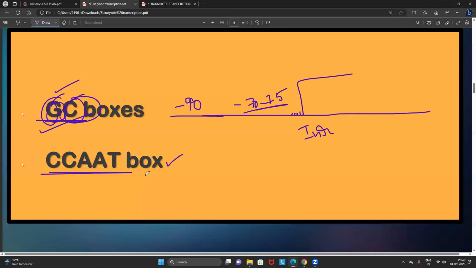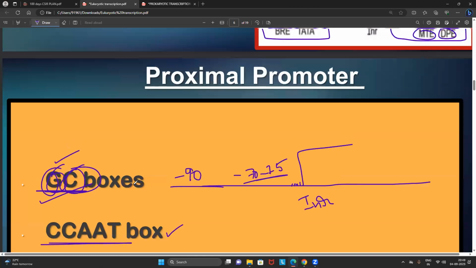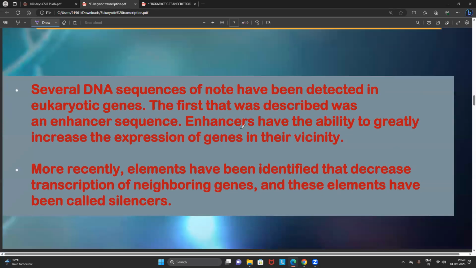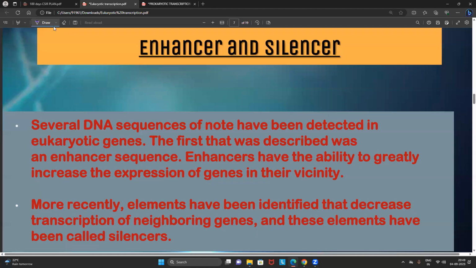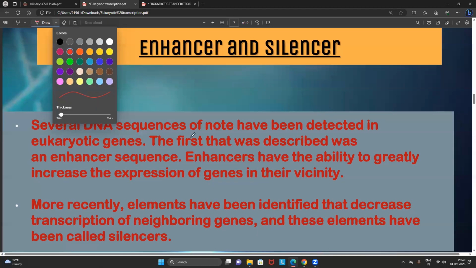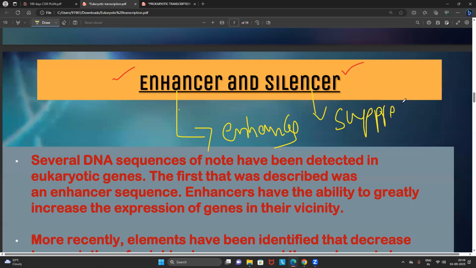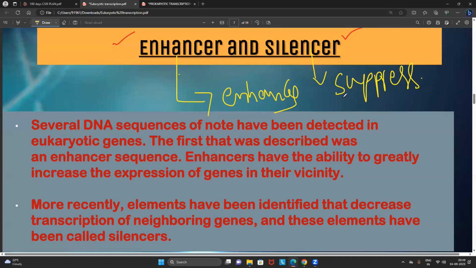I don't encourage you to remember it. They won't ask in the exam. Please don't worry about it. But you have to understand. Without understanding this, you can't get the concept. Now, before entering into the concept, all the students have to remember my statements very correctly. What are enhancers? What are silencers? Friends, the name itself is indicating, right? Enhancers, which enhance the process of transcription. Silencers, which silence or suppress the process of transcription. That is what exactly we can call silencers.